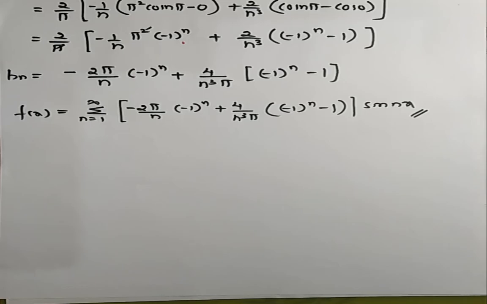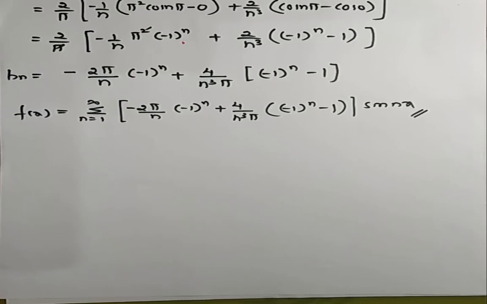And when you substitute 2 pi minus x, when you are getting plus f of x, then you consider the function is even, bn becomes 0. Whenever you substitute 2 pi minus x, and the answer you are getting is minus f of x, then the function becomes odd, that is a naught and an become 0. Okay, so clear. So first of all, you have to observe the given interval. Okay, so I hope you have understood this one.